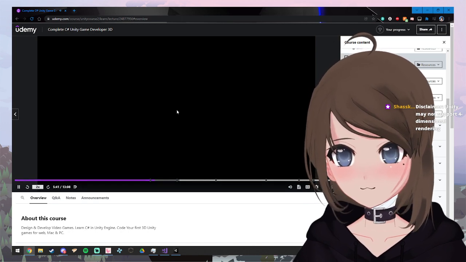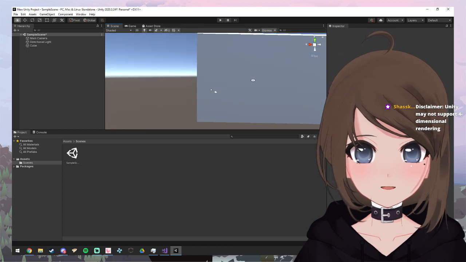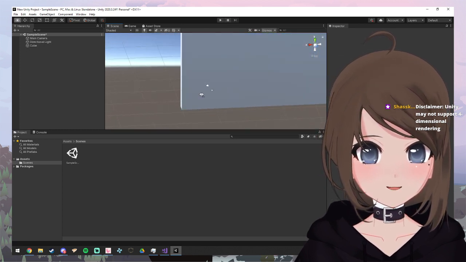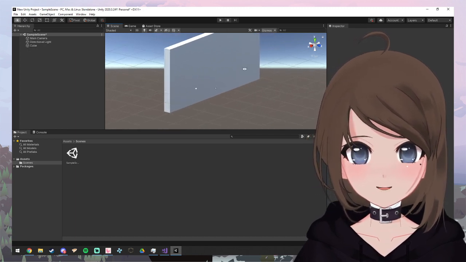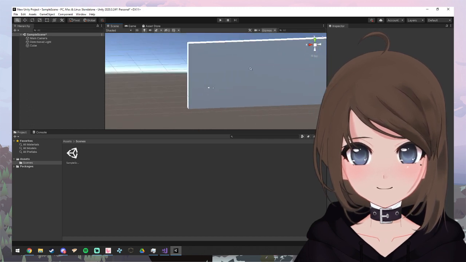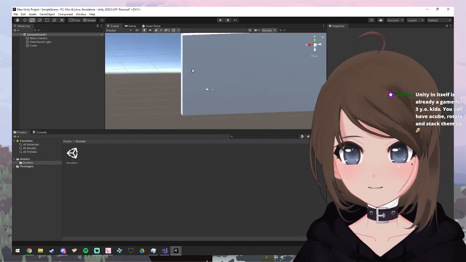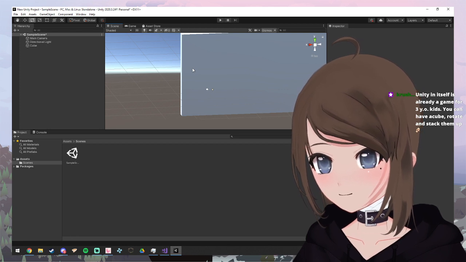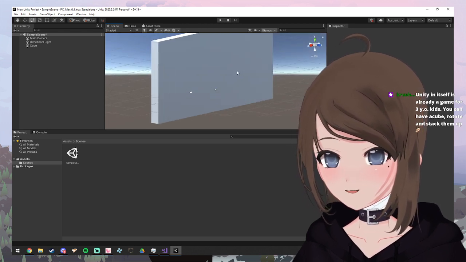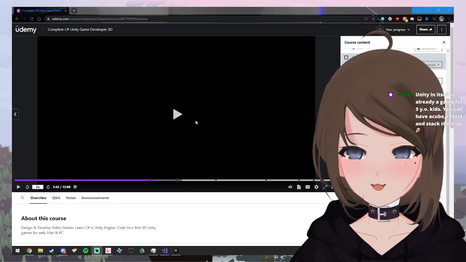You hold down Alt and left mouse button. Oh, left mouse button. Okay, but you can also do that. That's different to right mouse button, right? Okay, no. Alt left mouse button is the same as... Oh, right mouse button is zoom. You have a cube, you can rotate, and you can stack them. Yeah, exactly. You just press a button and it works.